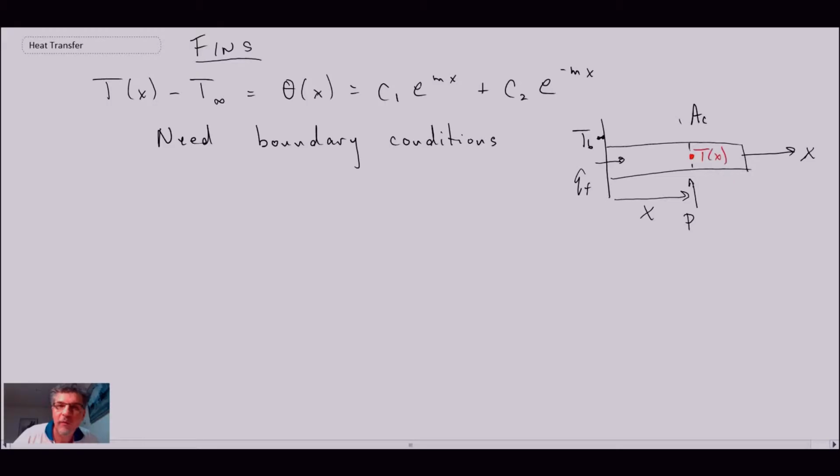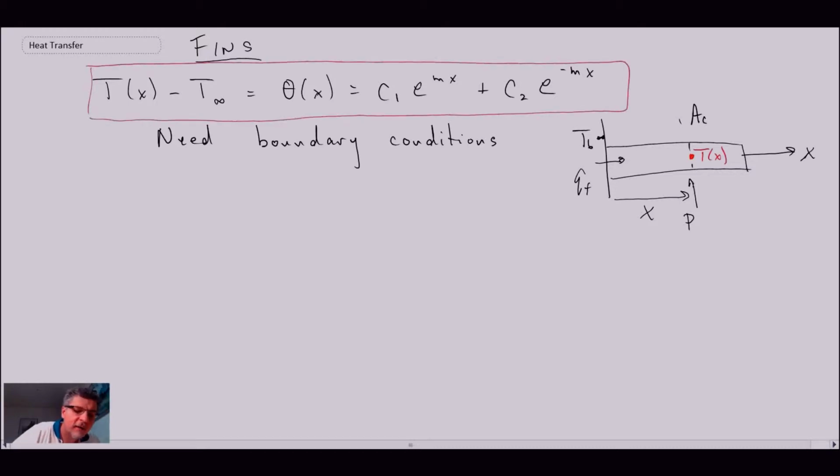What we're going to do, we're going to assume three idealized cases, and from that, I won't go through all the math, but I'll give you the results of each of the cases. And the results being the solution, basically determining what the boundary conditions would be, and then determining what the constants of integration would be, the C1 and C2. So we're going to take a look at three cases. Case one,